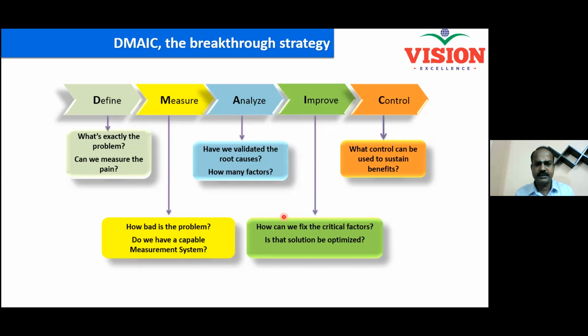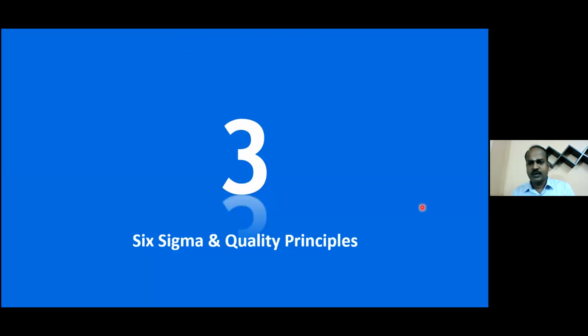And then in the improve phase, you generate the solution, and then you validate the solution, and then you implement the solution. And finally, in the control phase, you will keep an eye on the critical factor, the root causes, and control them within certain limit, so that the same problem never pops up again. All right. So now let us